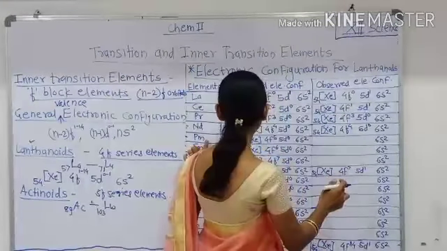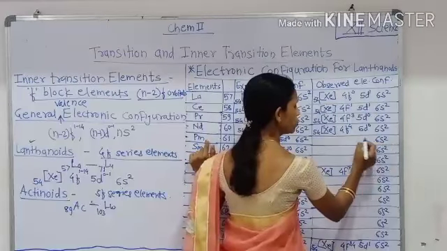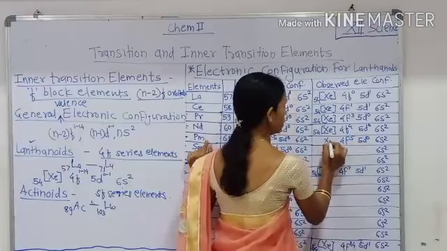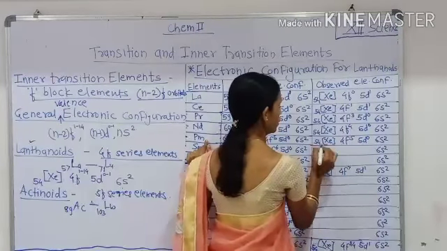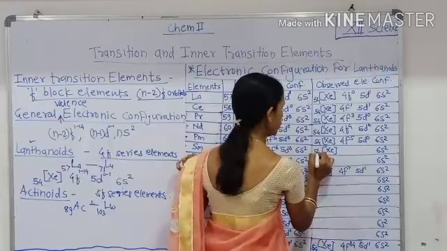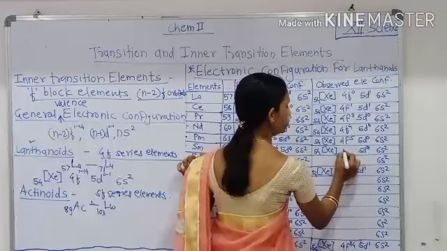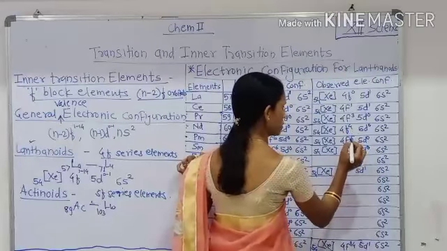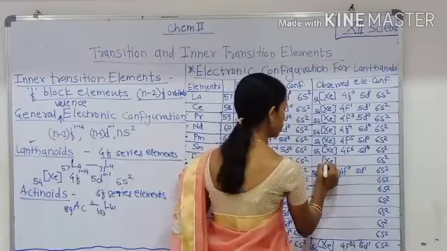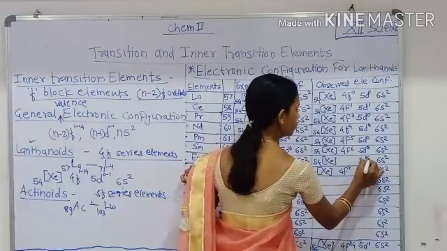Then we can write the observed electronic configuration for promethium, that is xenon, 6s2, 5d0, 4f5. Next, samarium, xenon 54, 6s2, 5d0, therefore 4f6. Similarly, for europium, xenon 54, 6s2, 5d0,